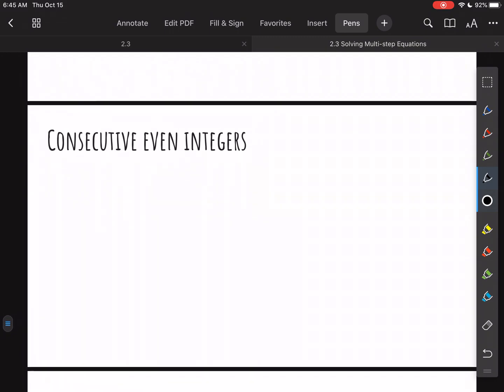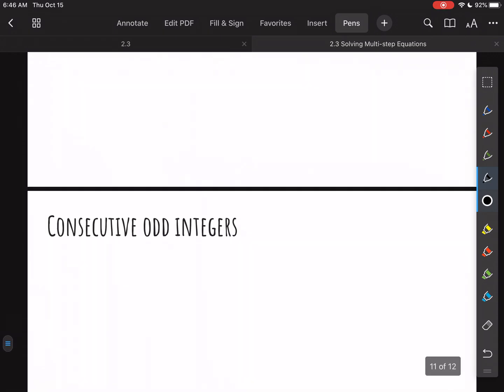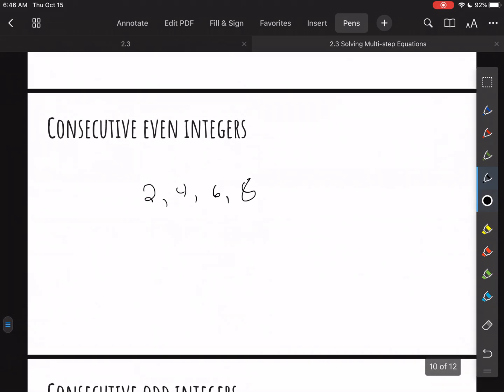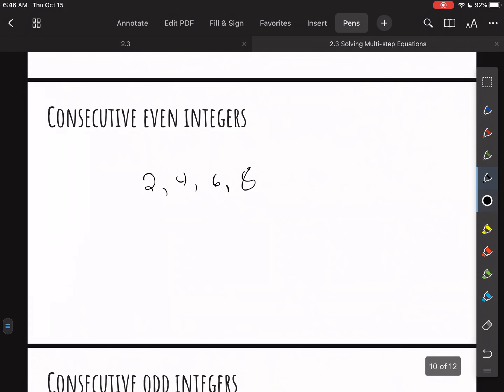So if we have consecutive even integers, think about that. That would be like 2, and then 4, and then 6, and then 8, etc. Right? Those are consecutive evens. And consecutive odds would be 1, 3, 5, 7, right? So real quick, what I want to explain here is if you were to create an equation for consecutive integers,